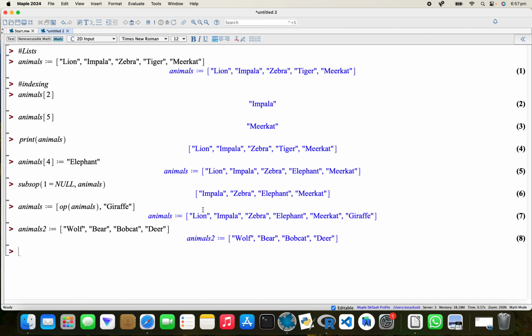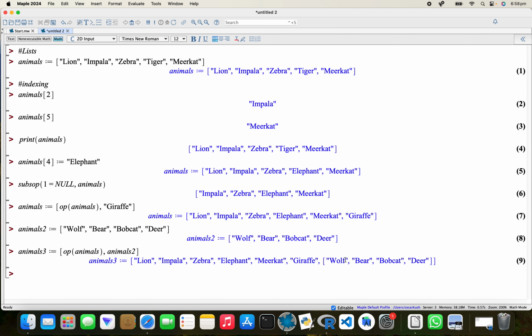Then I want to create another list with both lists in it. I'll call it animals3, and I'll just do the same thing as I've done before. So op, animals, and then animals2. So it becomes a nested list, because we still have curly brackets in the other list. Cool. So it's just a quick video to show you how